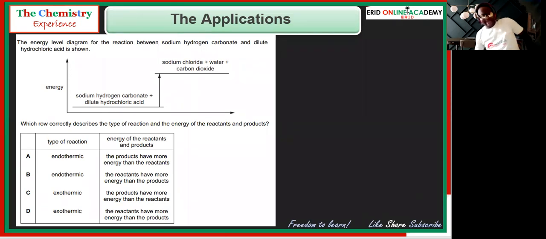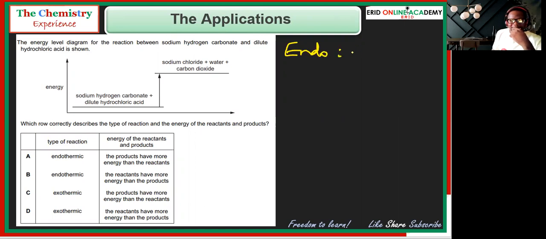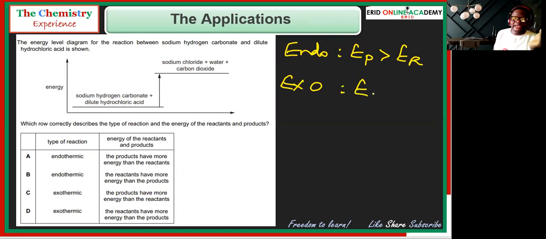So just find out, is it endo or exo? How do you identify exo? For your endo, this one is an endothermic reaction. Energy of the product is higher than the reactant, that is your endo. So you guys can put this summary together. For your exo, energy of the product is lower than